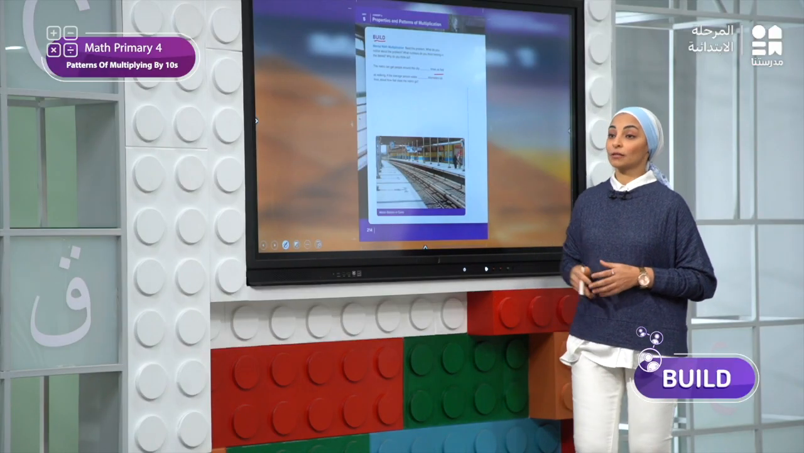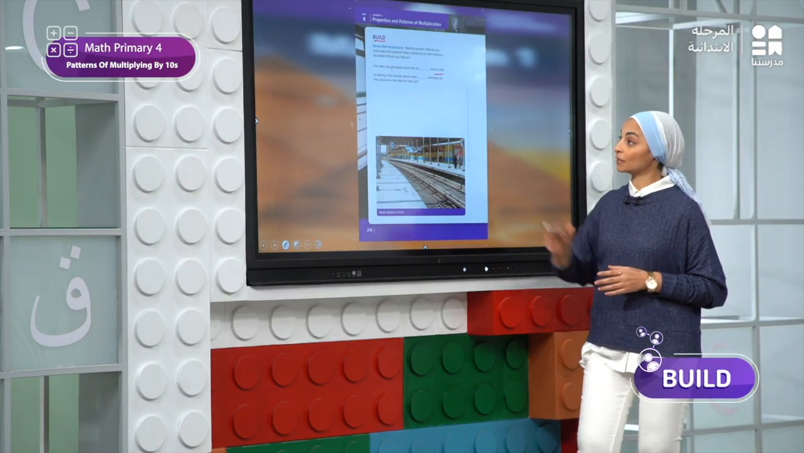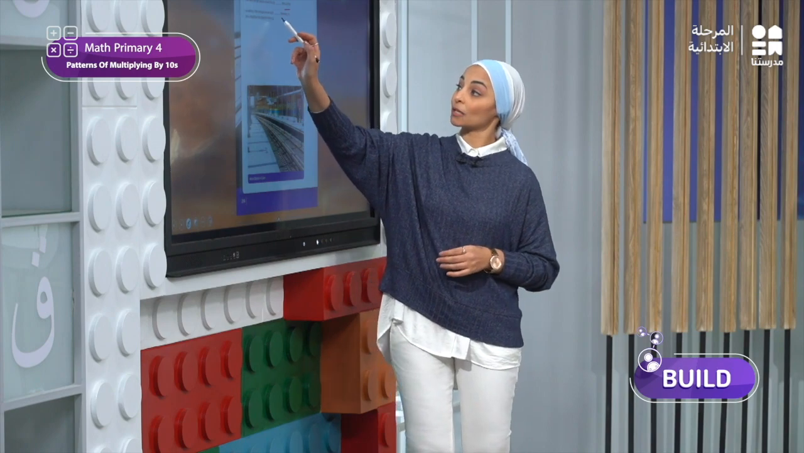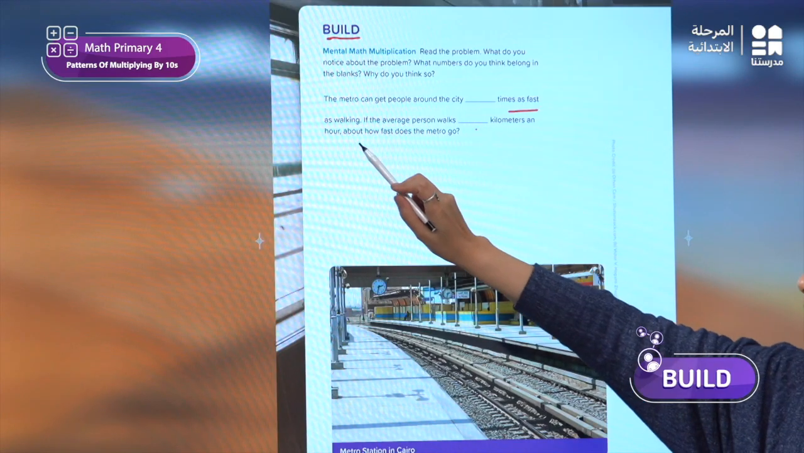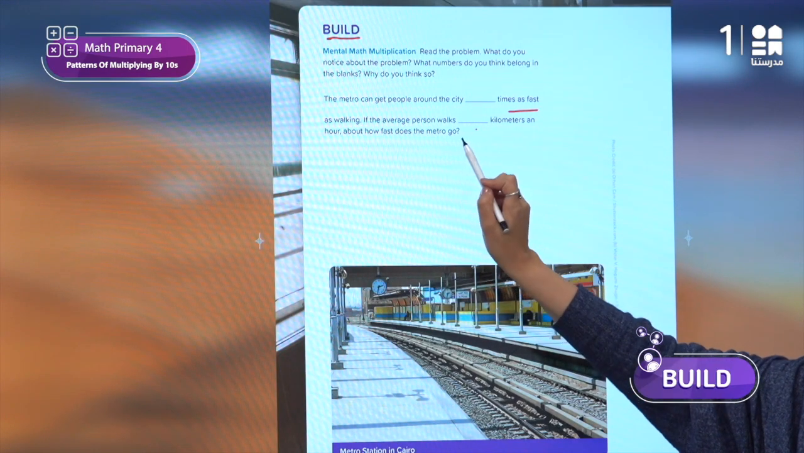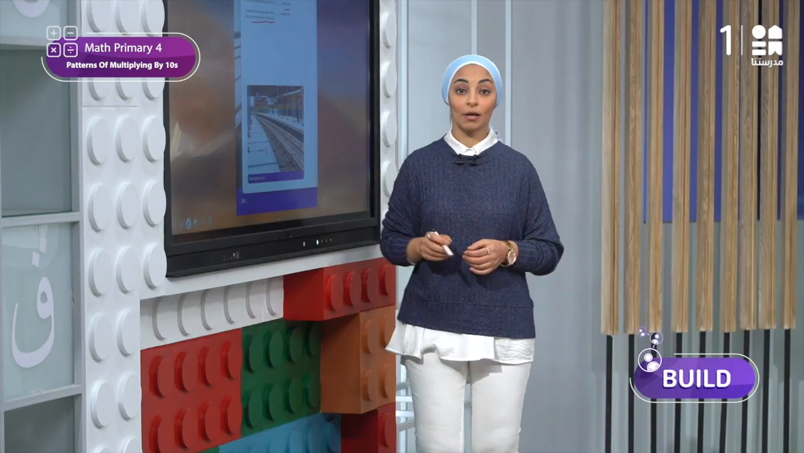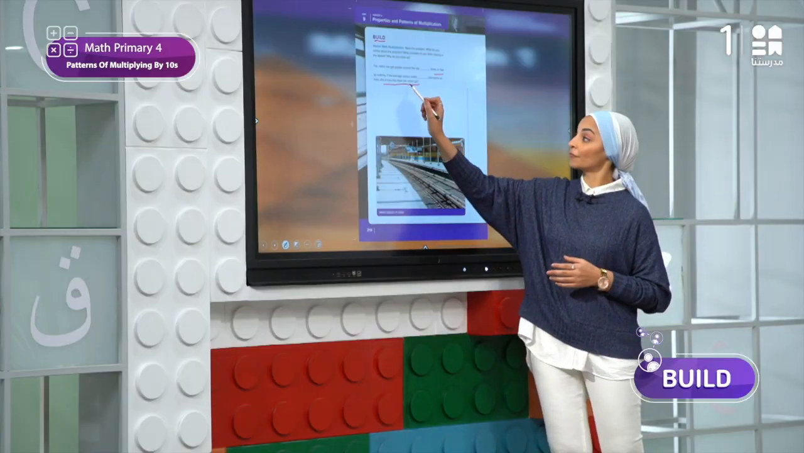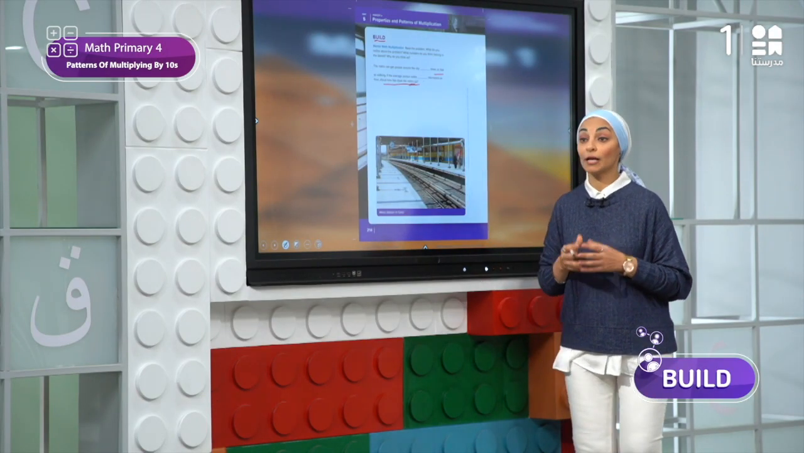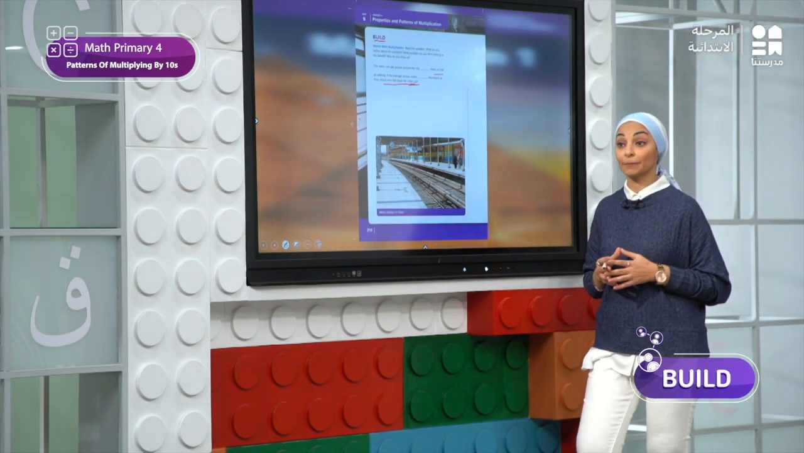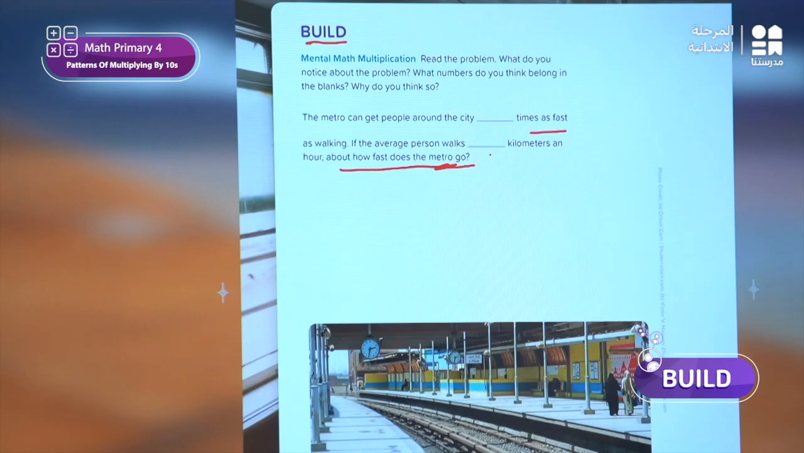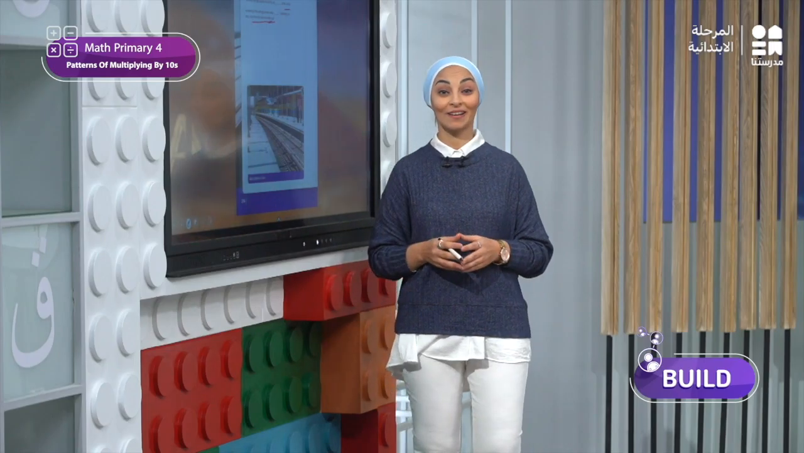Okay. طيب if the average person walks how many kilometers an hour, about how fast does the metro go. طيب الكويستشن here is ايه؟ الكويستشن عايز يعرف المترو جو السبيد بتاعت المترو قد ايه. طيب does this problem remind you of something we studied before؟ هي البروبلم دي فكرتكم بحاجه احنا درسناها قبل كده؟